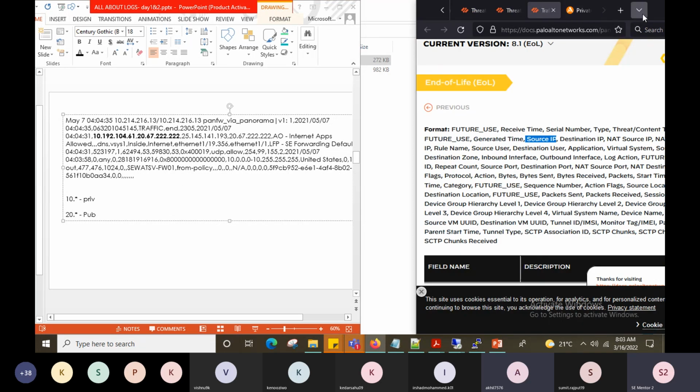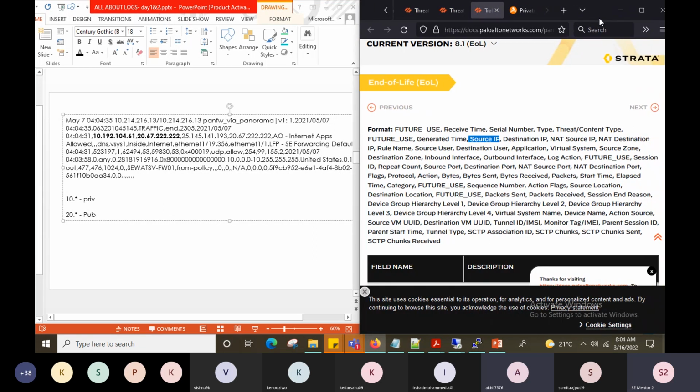Traffic logs. Now there's something else which is important apart from the IPs, the ports, the services, action, allow, drop. Do you see something called bytes? Can you give me the bytes information, comparing the field name with the values? So when I say bytes,